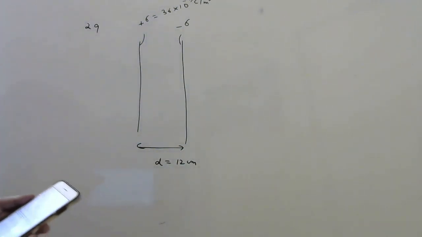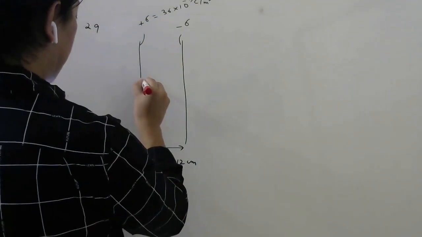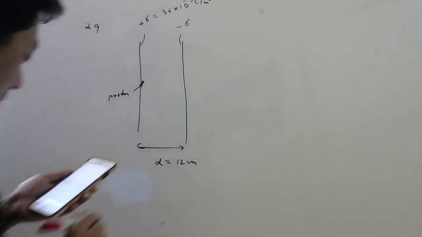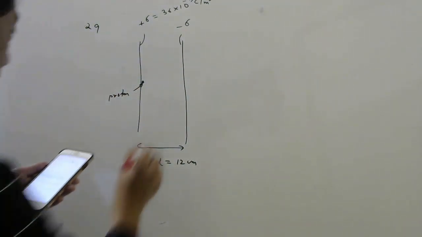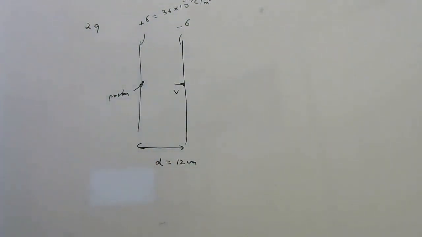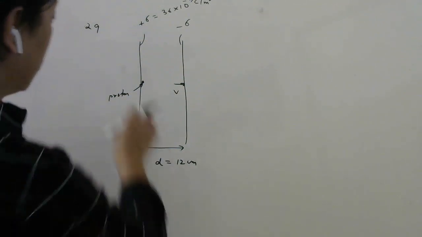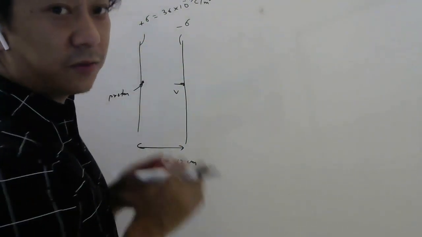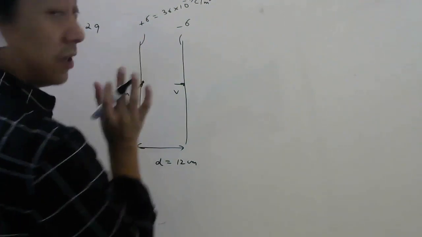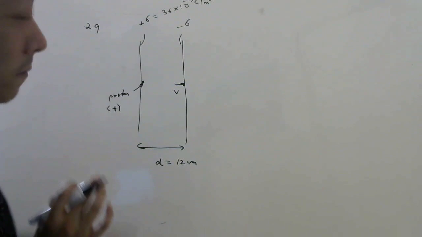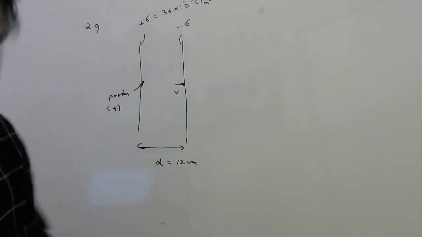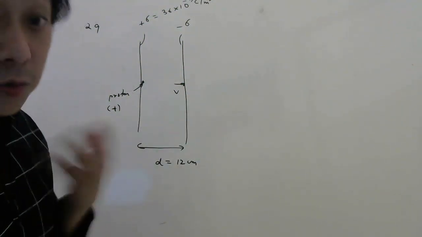Now what they are doing: a proton is released from the positive plate. So from here a proton is released. Then they are asking with what speed the proton will strike here, that we have to calculate. Okay, so let us think why the proton will strike with some speed. First of all, it is very simple. Proton is positively charged. So the moment you release it, what will happen? This plus plate will repel it, this minus plate will attract it. Understood? So it will accelerate because it will feel a force due to the electric field.